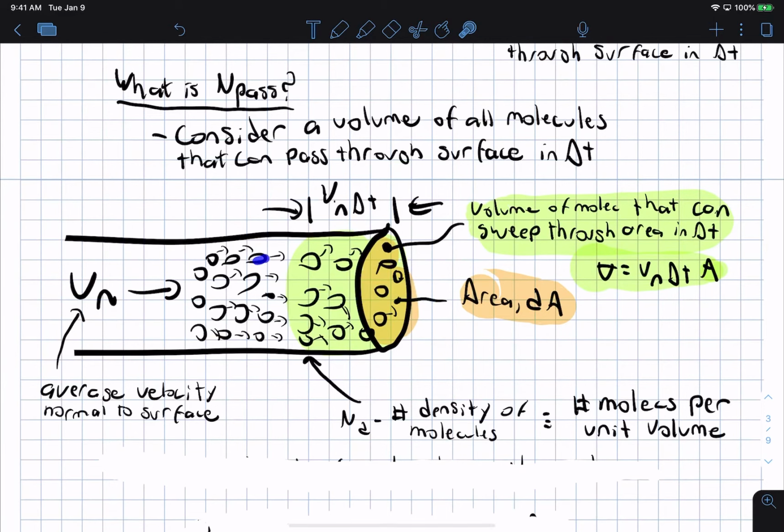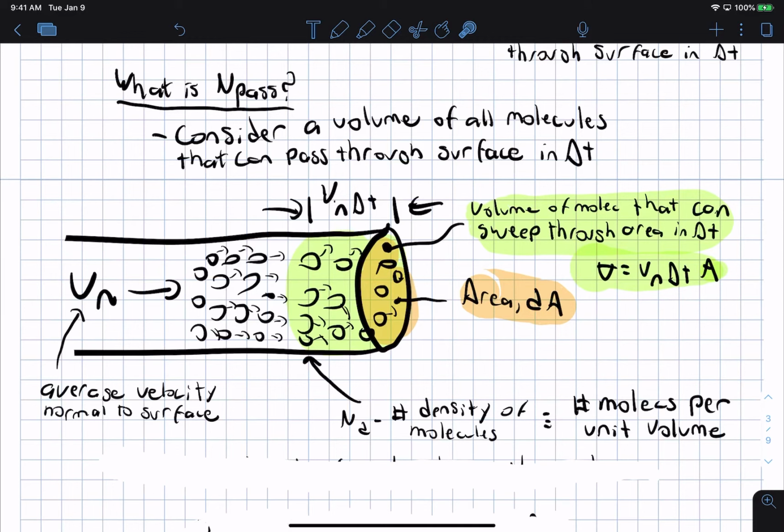Any molecule that is behind this will basically not pass through the surface in time delta t. It'll make it to maybe here. And this molecule over here will move on average the same distance, and that will make it maybe to here. And this molecule will make it to here. And in the green region, this molecule will basically pass through. Okay? And so if we want to just add up,